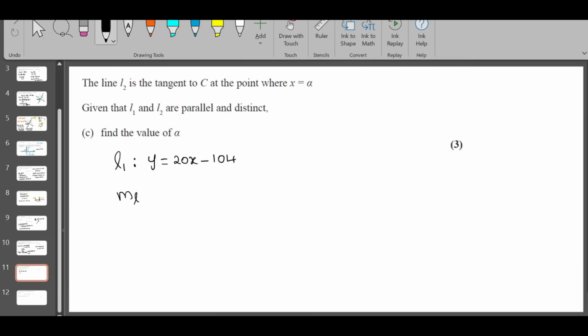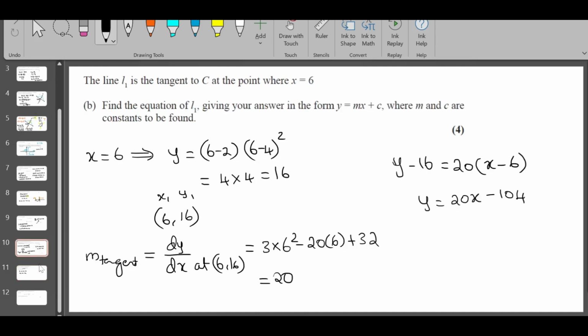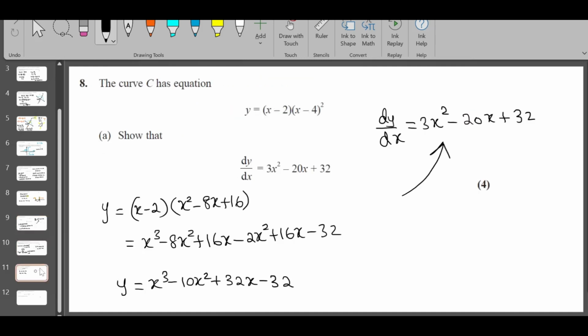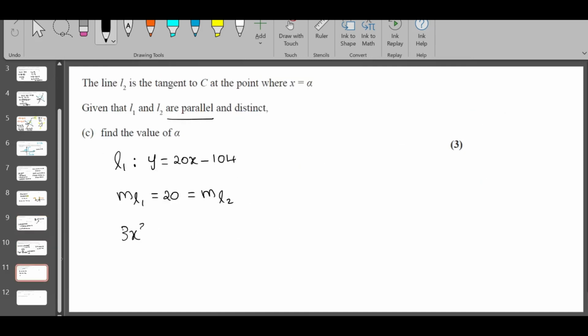The slope of L1 is 20, which is also going to be the slope of L2 because they both are parallel, right? How do we usually find the slope of a tangent? We take the dy by dx, which is given here, 3x square minus 20x plus 32,